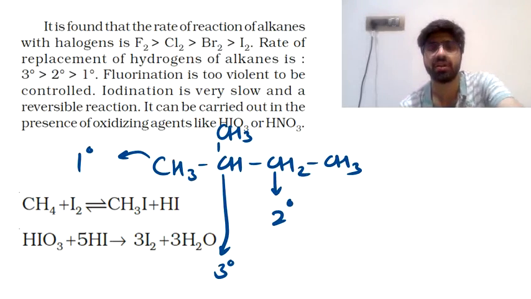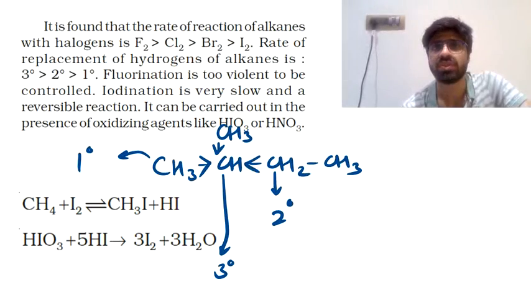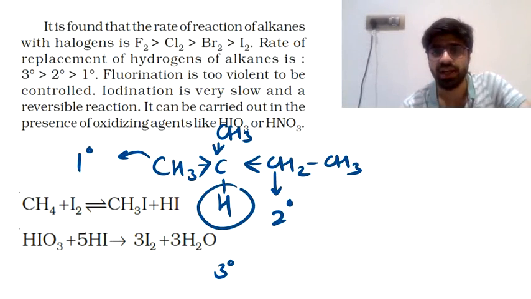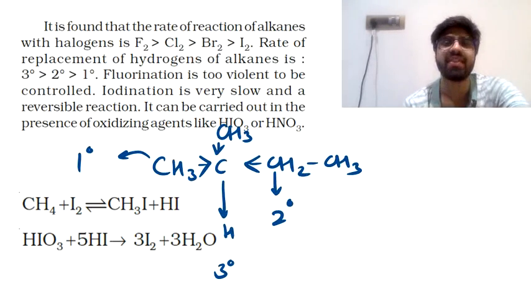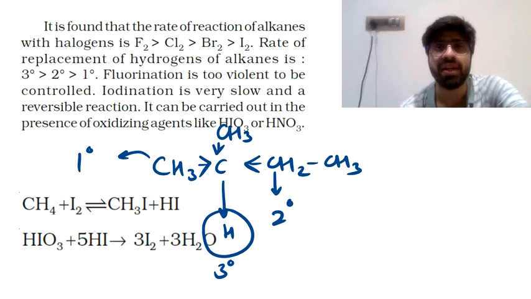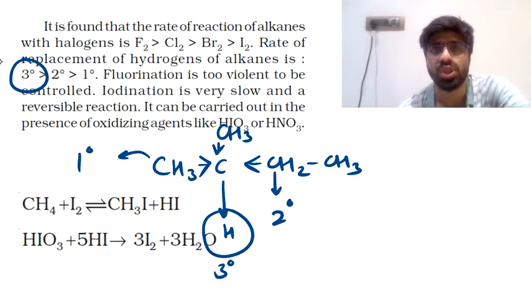Now a tertiary carbon atom, the methyl groups do have an inductive effect, that is the phenomenon by which the alkyl groups are going to keep pushing electrons away from them. So this carbon atom has an electron pushing effect, that is the inductive effect, from three sides, that is it has a maximum pushing effect on it. And because it has a maximum pushing effect on it, we can think of it in this way, that this hydrogen is having a maximum push, and that is why this hydrogen can come out very easily, and that is why a tertiary hydrogen atom can be replaced in the most efficient, in the quickest of manners. And that is why the rate of replacement is maximum with a tertiary hydrogen atom.